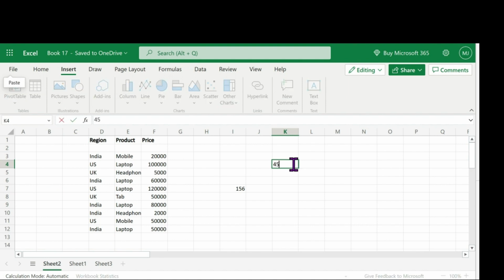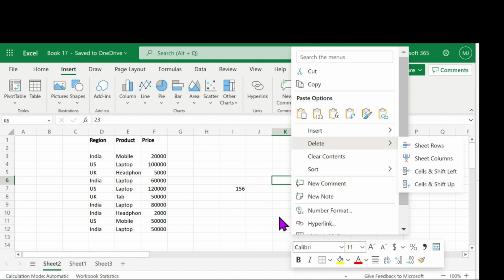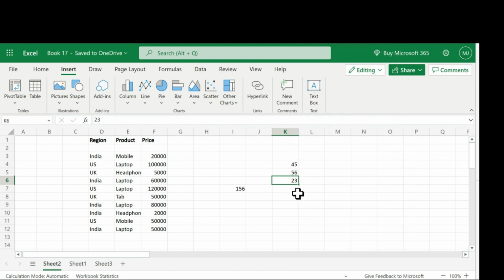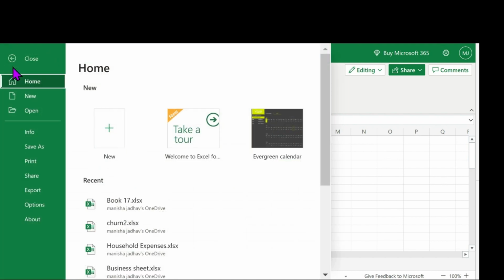If I have added some data here, 45 plus 56 plus 23, and I have deleted this data with the delete button, and then I do undo with Control Z, your data will come back. But if you have deleted a sheet, any sheet, you will not get that sheet back. So if you want to save these files, just go to File and Save As,